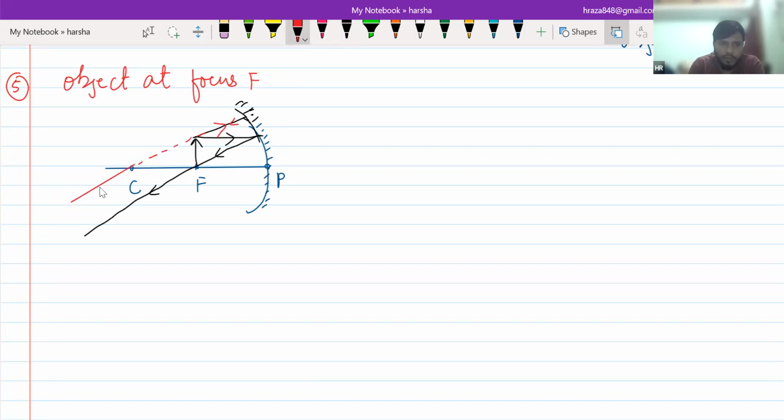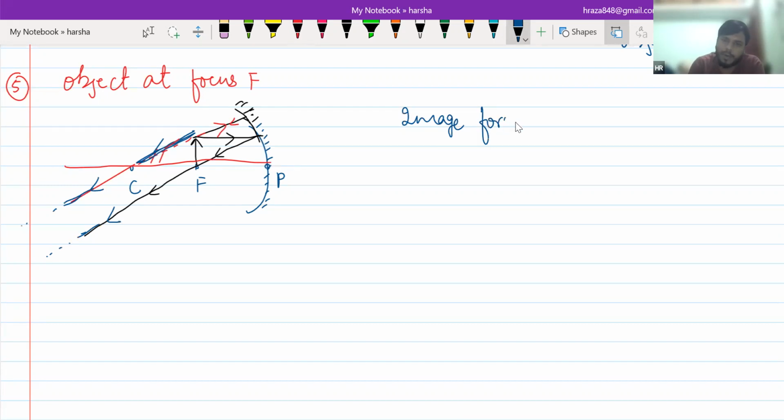As I told you, whenever a ray goes through center of curvature, it will strike the mirror at 90 degrees and retrace its path. So basically, you can understand it like that. It will come back. And the image, you can see, both rays are parallel and it will go to infinity. So the image is formed at infinity,